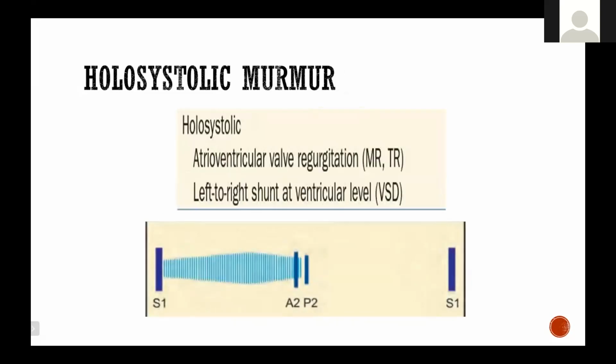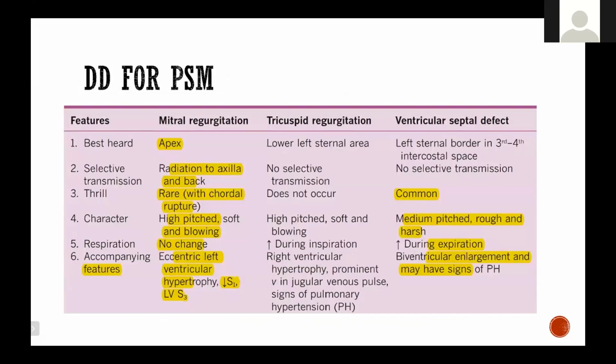Then coming to a holosystolic murmur, also called a pansystolic murmur. This murmur begins at S1, usually has a plateau configuration, and ends at S2. The three conditions where you see a pansystolic murmur are chronic MR, TR, and VSD. And obviously, this is easy to identify. You will not really get mixed up in identifying the cause of these pansystolic murmurs, because MR is best heard in the mitral area, TR in the tricuspid area, and VSD in Erb's area.